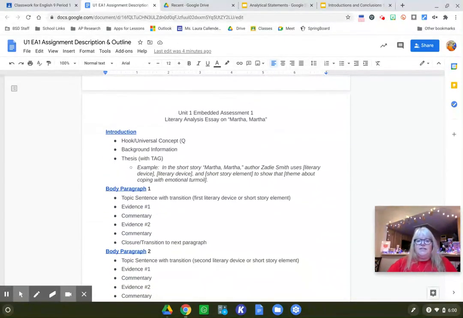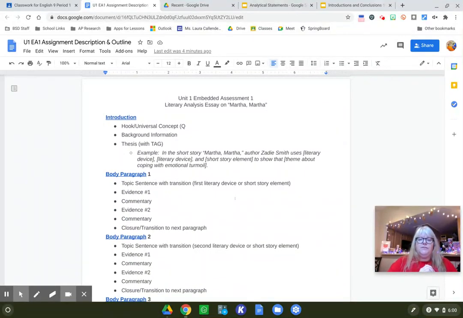Now, the last page in this document is where we're going to focus just for a moment. It is an outline. So if you need a part by part, step by step process for organizing your essay, this outline should help you. And we are going to go over the parts of the essay, so like the introduction, the body, and the